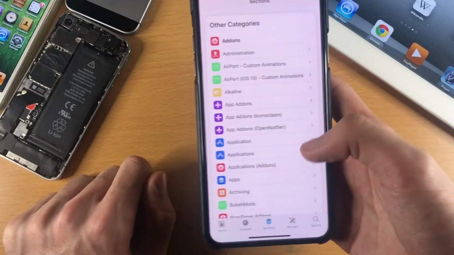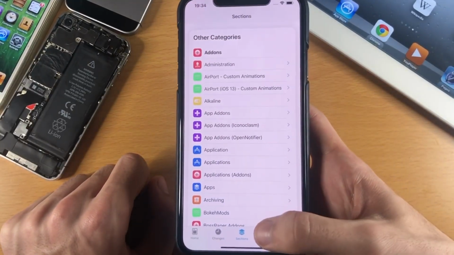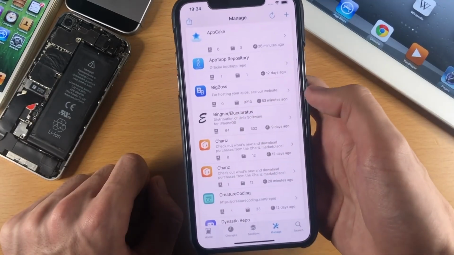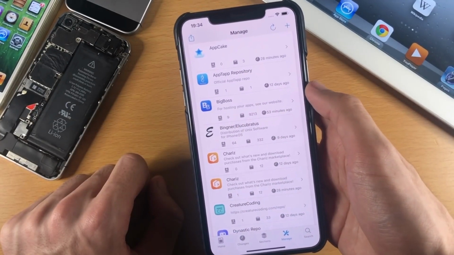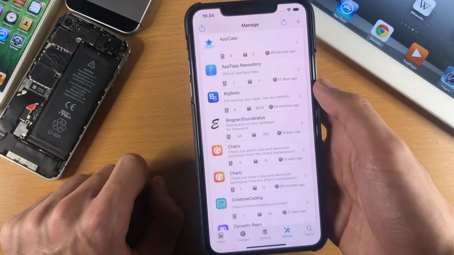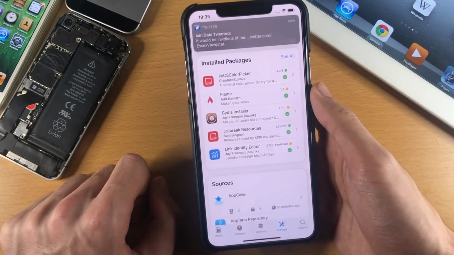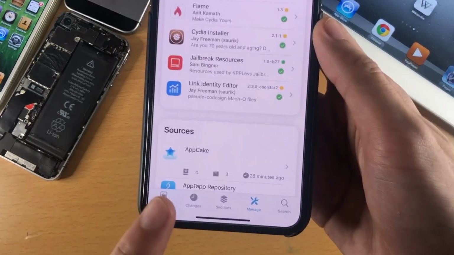Sorry, no one's going to use that. So, not the best. And then manage, you have install packages and sources. This is like Cydia used to be for iOS 6. Really, if I were to give it maximum points, Installer 5, install packages would have to be on one of